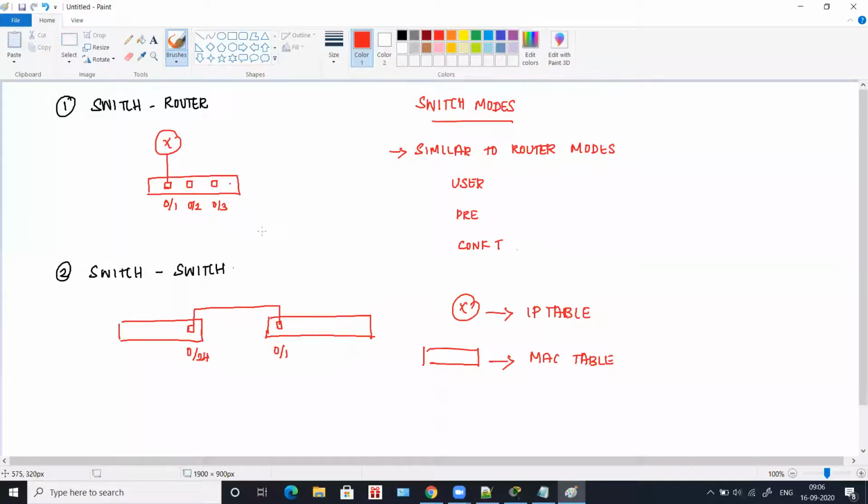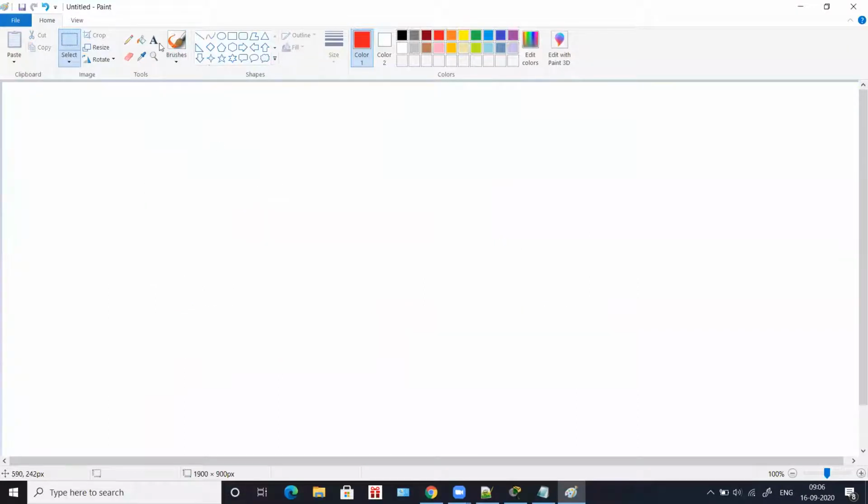Great. So now I'll tell you how the basic configuration of a switch is done. For your to-do today, it is going to be two switches. We will not connect routers. So your to-do today will have only two switches.